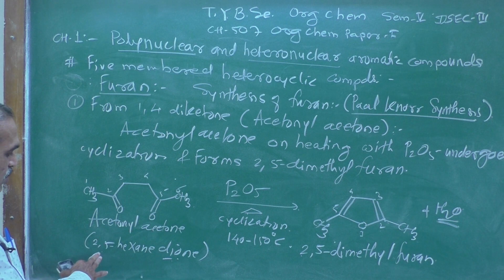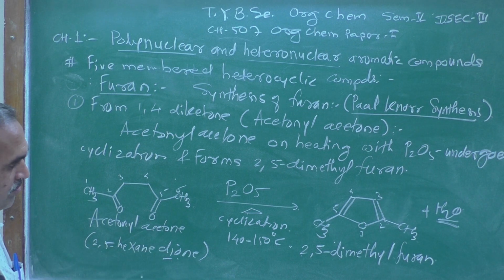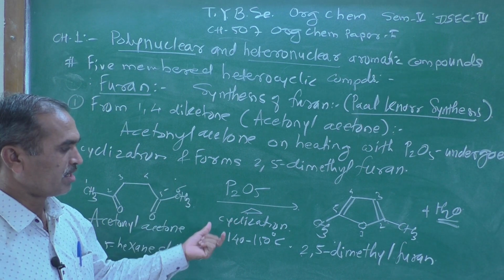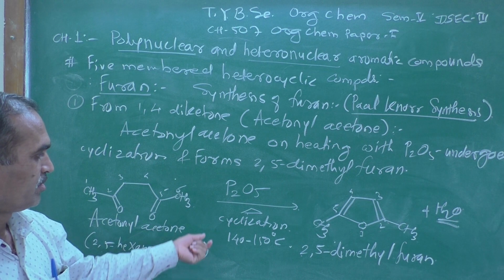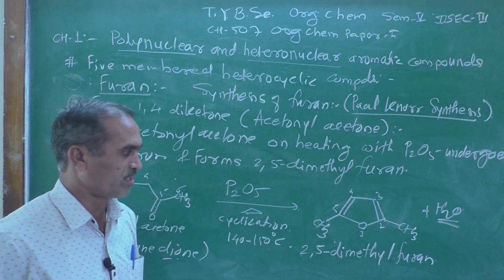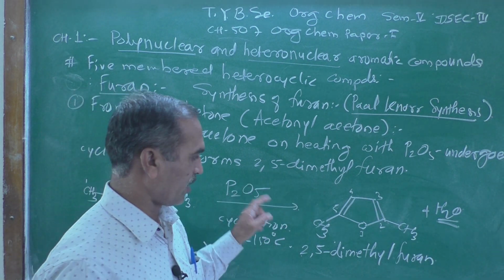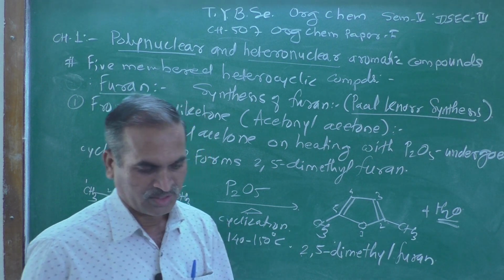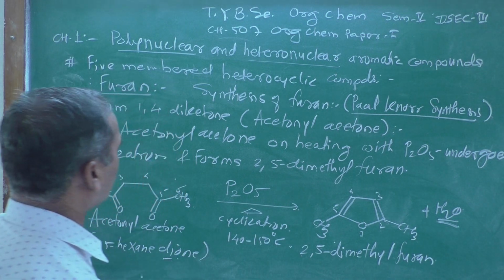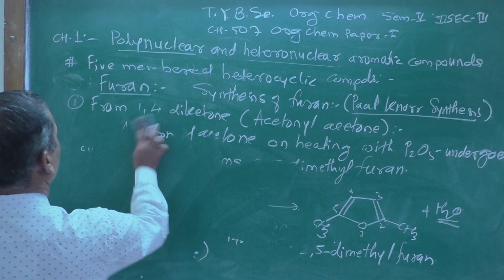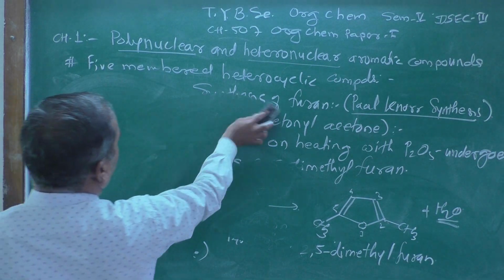Acetonyl acetone, or the IUPAC name of this compound is 2,5-hexanedione, with P2O5 used as a catalyst. On heating, cyclization takes place, and the temperature of that reaction is kept at 140 to 150 degrees centigrade, and the resulting compound obtained is known as 2,5-dimethyl furan. So this is the synthetic part we have learned, and now moving toward the properties of furan,